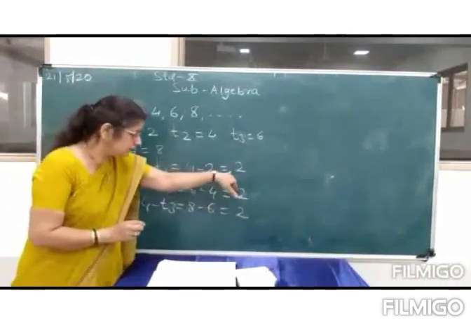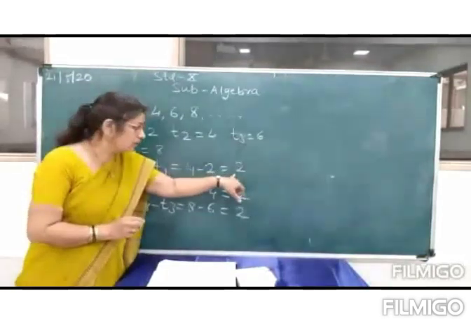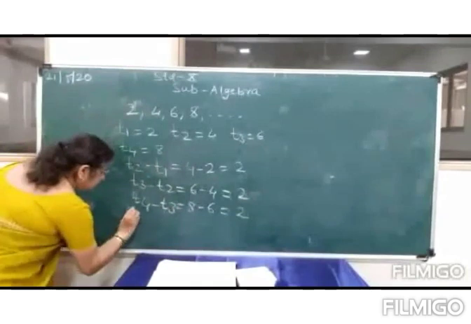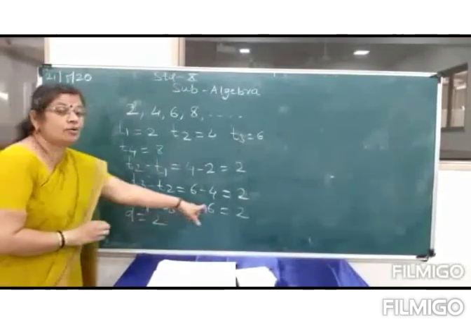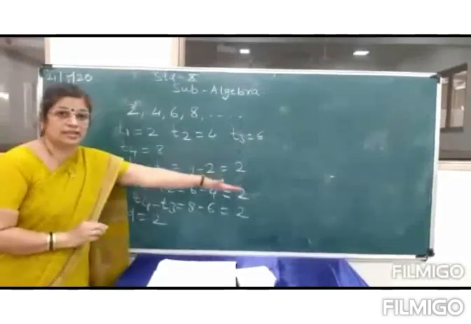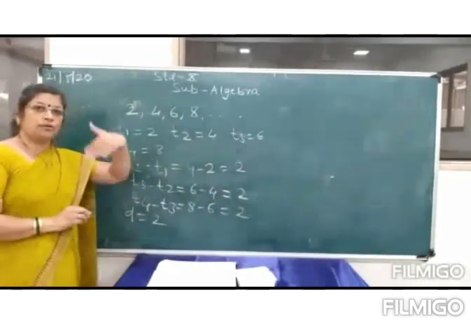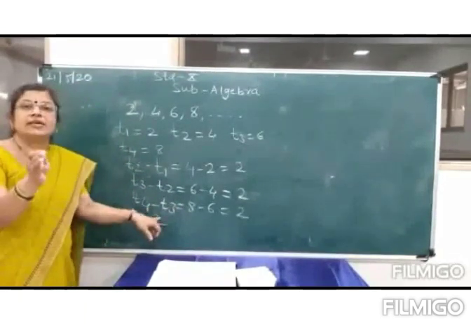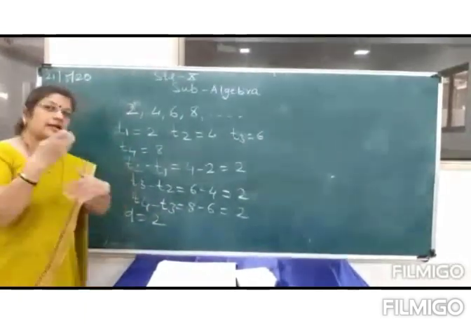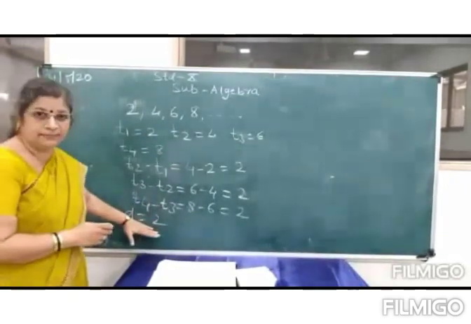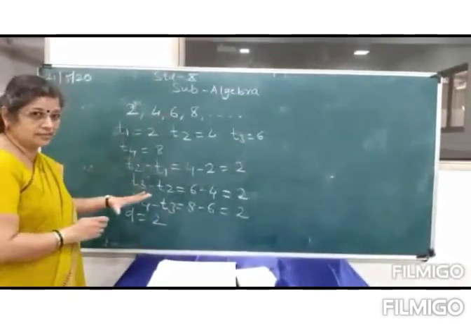And the D that you got is positive. So D is equal to 2, that is constant. So what you can say is that the given sequence is an AP. This we are going to study further. To justify whether a sequence is an AP or not, I am going to explain again. But this is how to find out the value of D. So this is the first example.